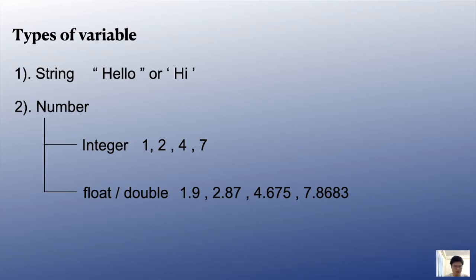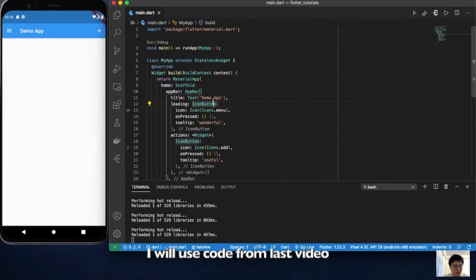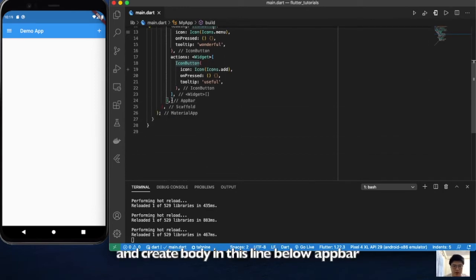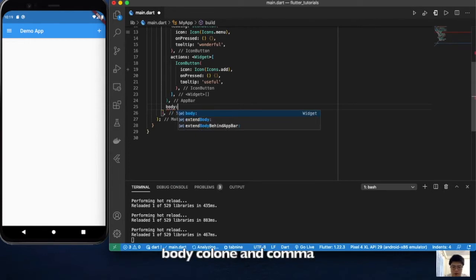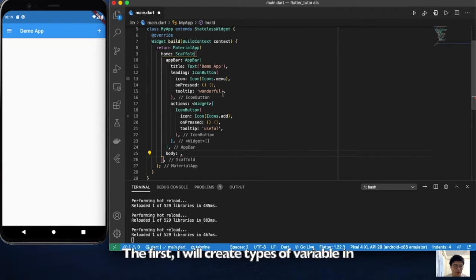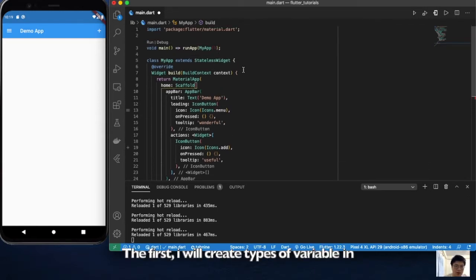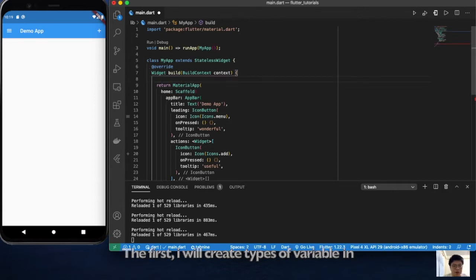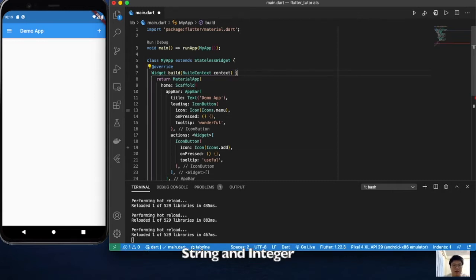Okay, let's get started in coding. I will use code from last video and create body in this line below app bar, body colon comma. Okay, the first I will create type of variable in string and integer